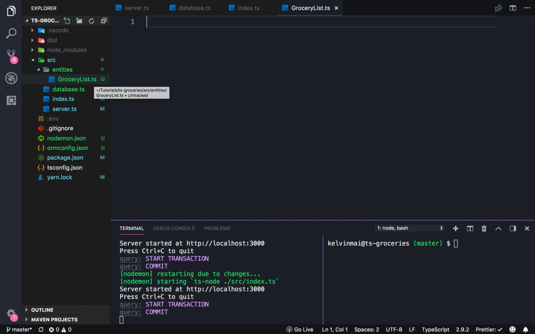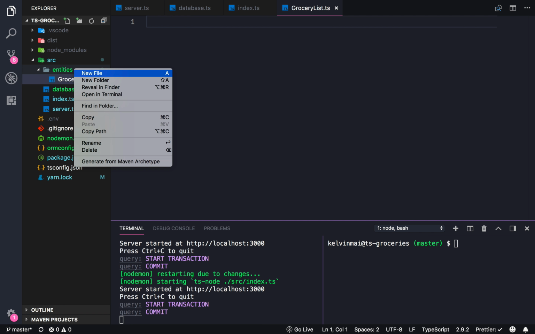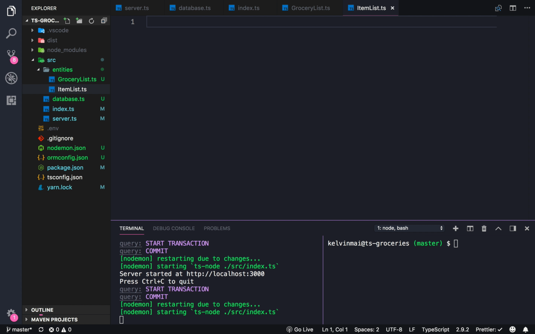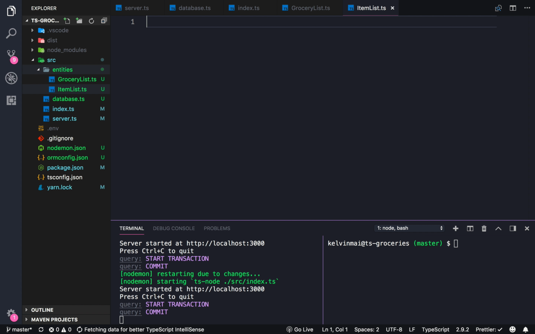So how do I want to structure this data? So at the top level, we're gonna have all of the available grocery lists, and then related to that, each grocery list is gonna have a list of items. So I think I'm gonna call it GroceryList and ItemList. Yeah, I'm pretty happy with that. All right, so